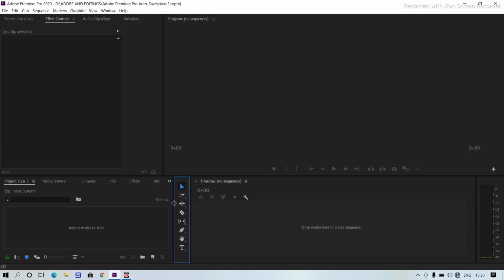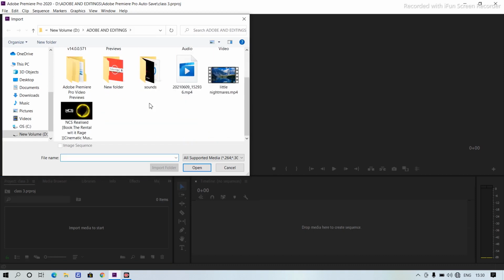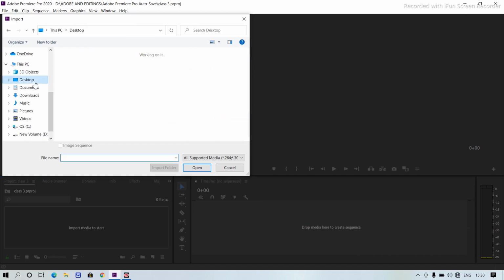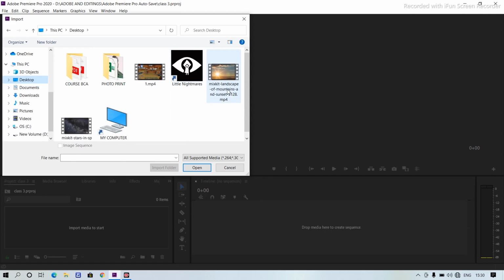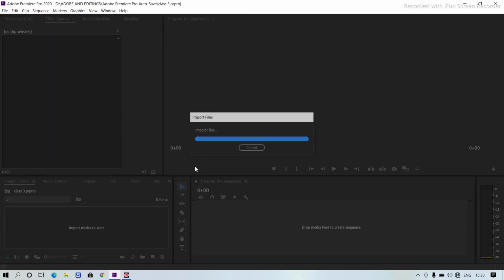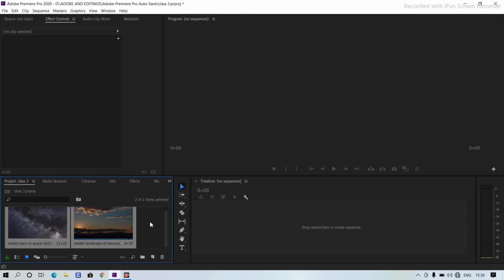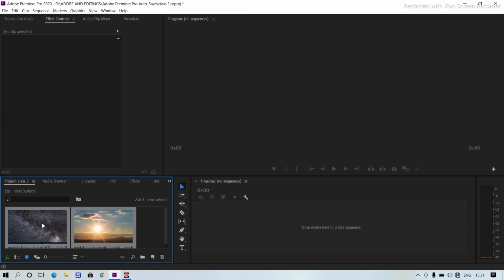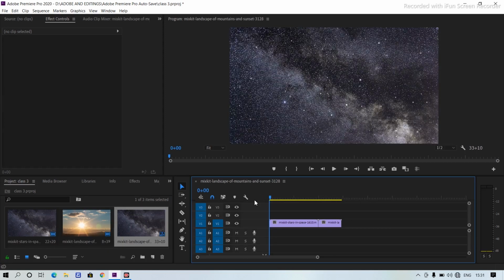So first, the selection tool. Wait, let me import something, then I'll teach you what it does. Okay, so first we have got the selection tool.